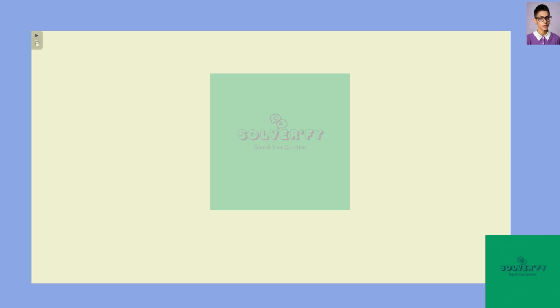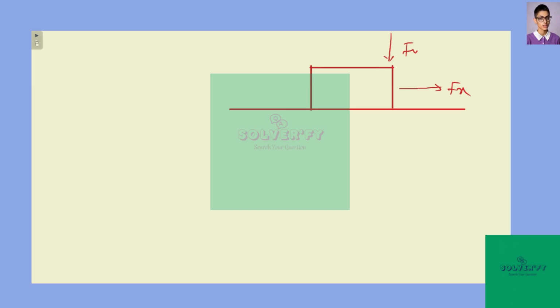So first of all, I am showing the diagram for this given question. Let this be the floor and this be the orange box, and we have been given the components of the push force. In the x direction, let this be Fx, and in the y direction, let this be Fy. Let the normal force be N, the weight of the block is vertically downward, that is mg, and the frictional force acts in the opposite direction, let this be Fk.